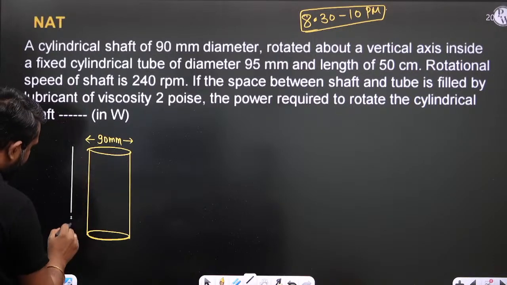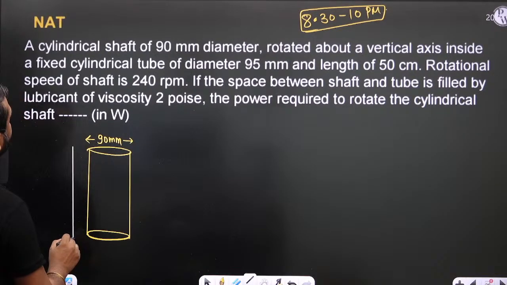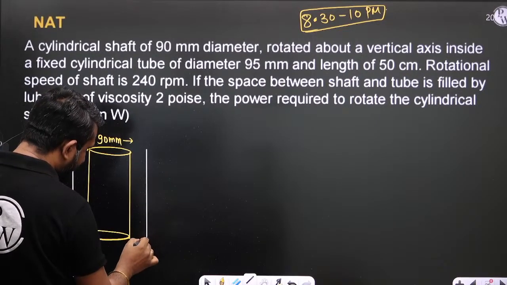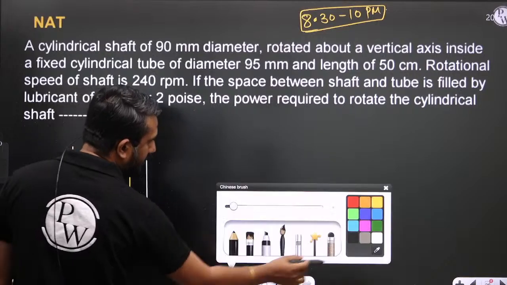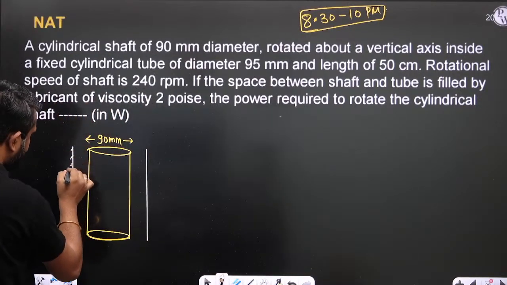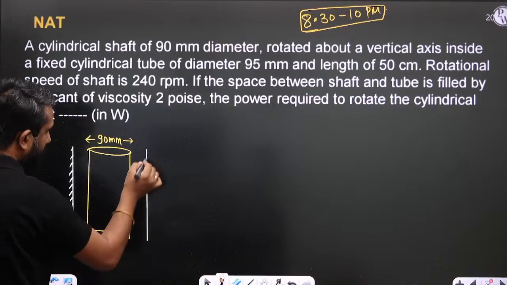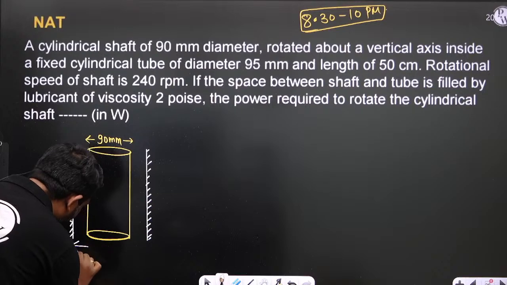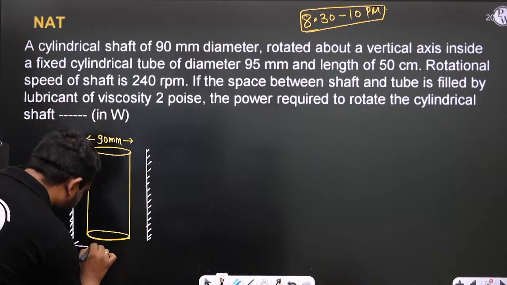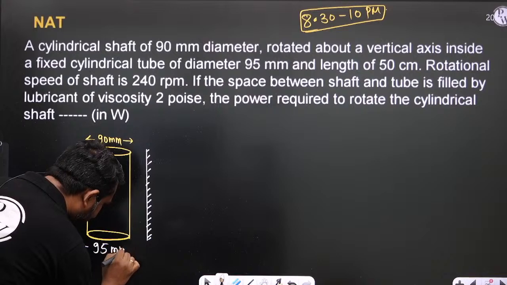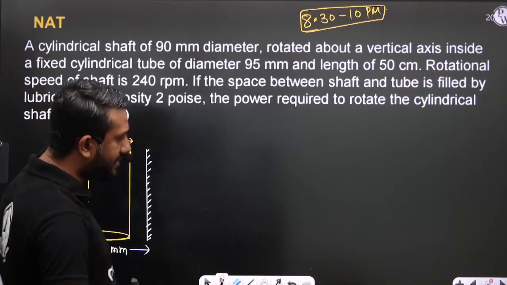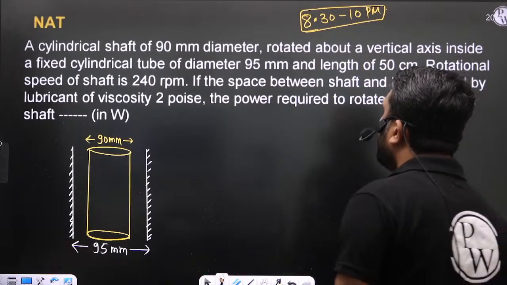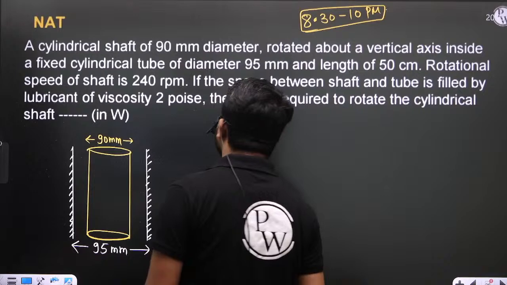So let us consider this is the vertical tube inside a fixed vertical tube. This vertical tube is fixed, right? And the diameter of this vertical tube is mentioned, and that is 95 millimeter. So this is the diameter of the tube. Fine. And to minimize the friction,